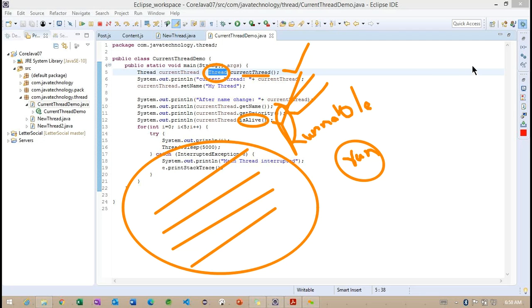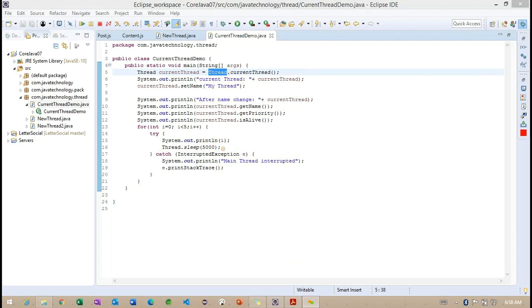Getting the point. After this, we have one method called sleep. We call the sleep method to make the current thread sleep for a certain time here. Getting the point. So observe carefully; we'll try to execute this simple example here.